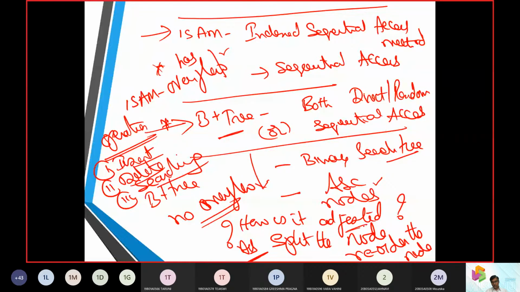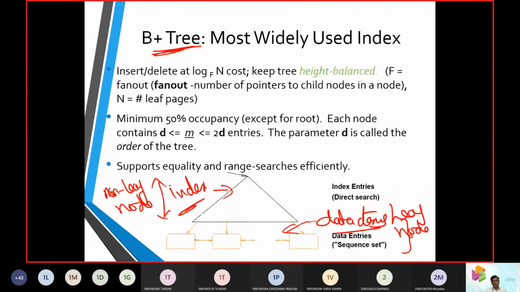We told how it is adjusted. We call it balancing the height. So how is it balancing the height? When there is an insert or delete, it has a CPU cost to compute either an insert operation or a delete operation.